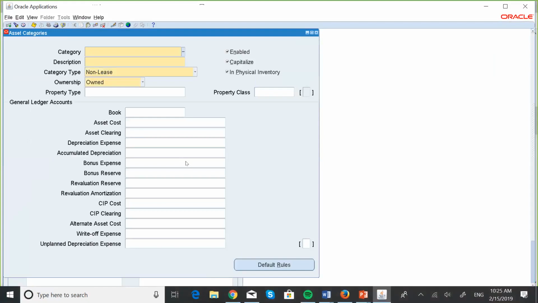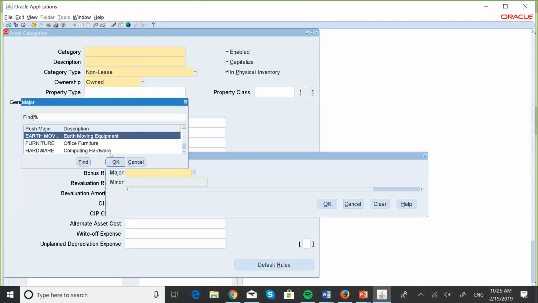So I want to create a new category. I'm starting from here because we are dealing with fixed assets module. So this is why I want to focus mostly on the fixed asset portions. So the category I want to create